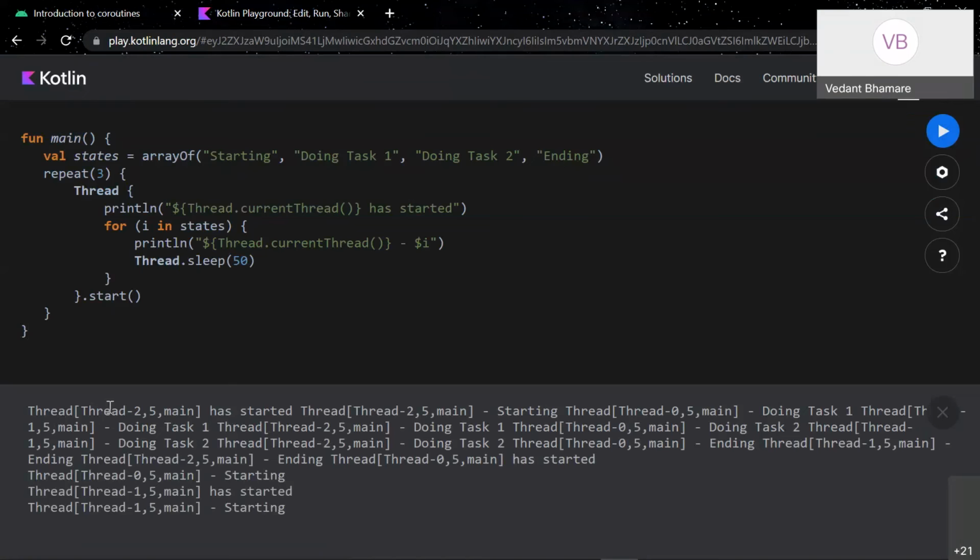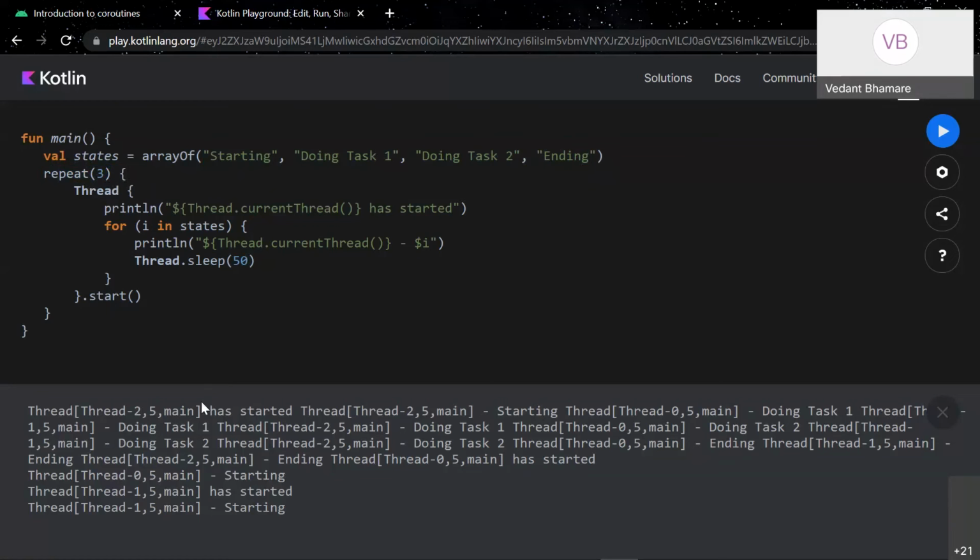As you can see again, these are the number of tasks that we want to do. Doing task 1, doing task 2, and then ending, starting two tasks, and then ending. And we are repeating it 3 times. This is basically like a for loop. There is a for loop in Kotlin, and this is an alternative for it. You can repeat anything written under this modifier.